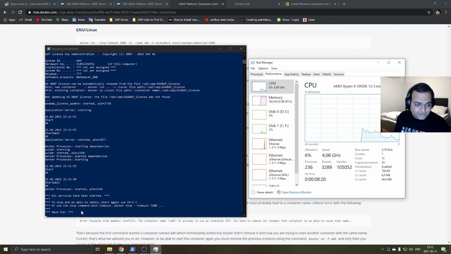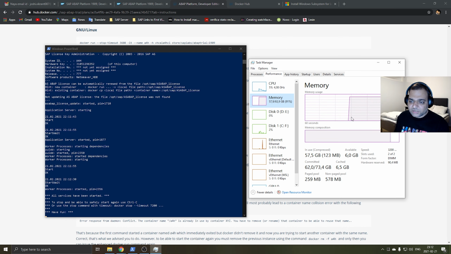Okay, now the system has started and it is saying have fun. So now let's try and connect to the system. If we check the memory allocation, it's saying 57 GB is used, but since we are using WSL2, it dynamically allocates the RAM. So it's not necessarily all the time it will be used.